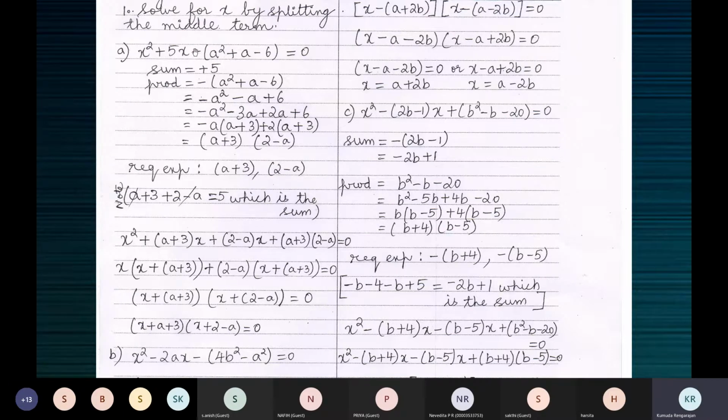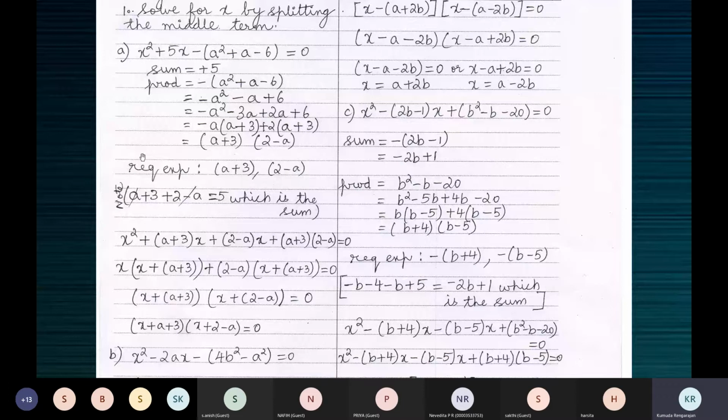So see, it's like this. We have multiplied the minus sign with every term here and we got minus A square, minus A and plus 6. That means there's a plus outside now, right? Once you multiply this minus sign to every term inside the bracket, there's now a plus sign outside. Which is why it's plus here, children. It's plus here because we have multiplied this minus sign with every term inside the bracket and we got this, and this is what we have factorized. So again, you cannot put a minus sign outside. We've already used the minus sign inside the bracket here. So when you multiplied every term with a minus, there's a plus outside here. That's why we've taken a plus here, children.